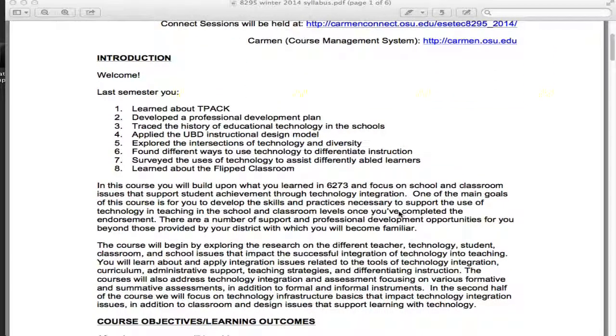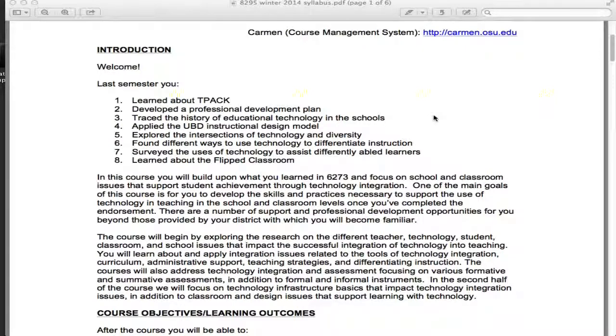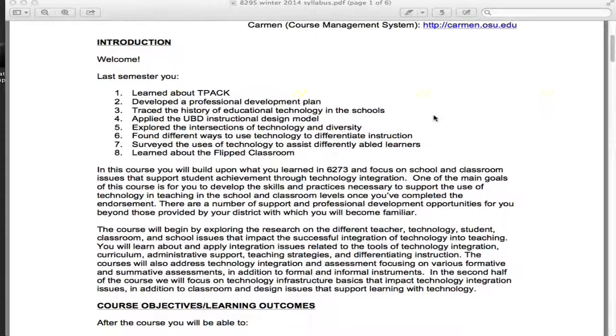And then just moving through here, talk a little bit about what you covered with Dr. Shea in the first course, things like TPACK, diversity, going through the understanding by design and structural design model, assistive technologies, the flipped classroom. You also, I think, did some work with teaching online, and we're going to be building upon that